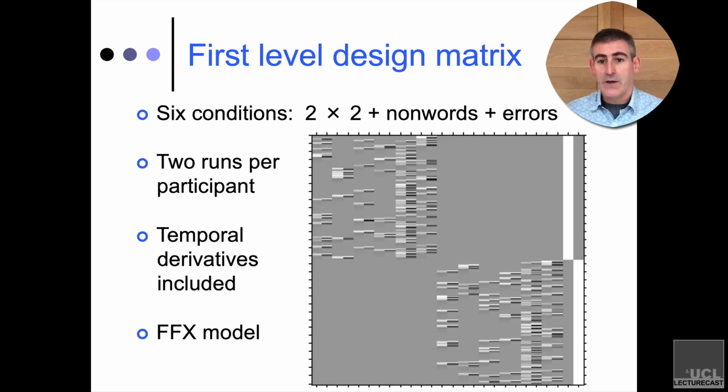And then you can see on the far right columns, there are two constant terms, one for each run. And again, that just takes away the mean activity across the whole brain for run 1 and run 2. So the fact that you've stopped and started the scanner twice doesn't change anything. It allows you to deal with the fact that there could be changes to the absolute values of those numbers by simply demeaning them. Okay,